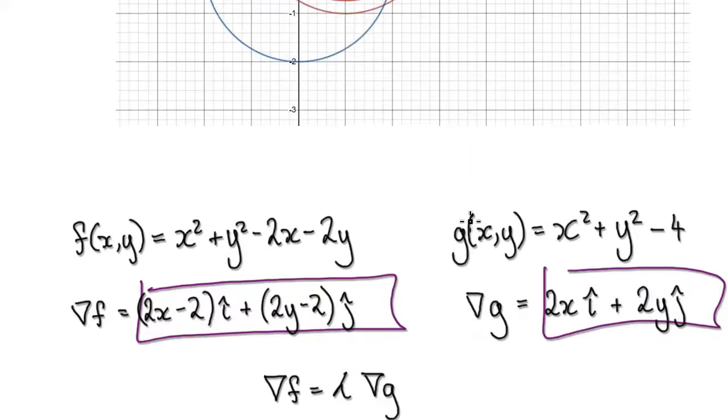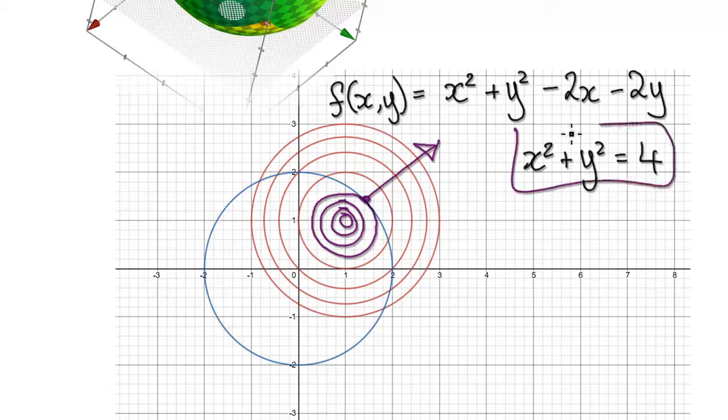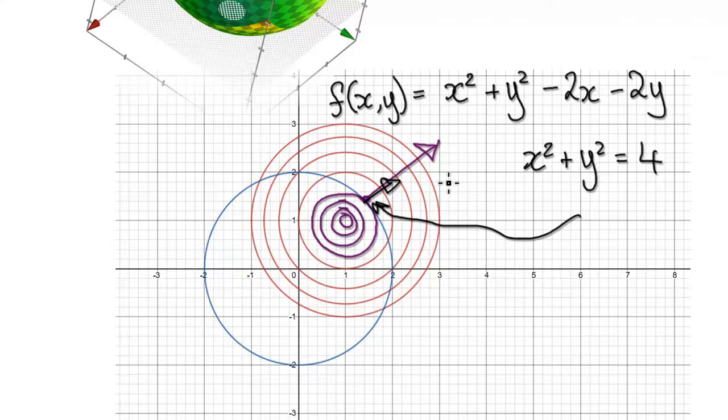So remember, the vertex of our function is at 1, 1. So in between 1 and this level here, we've got millions of circles like this, and we're trying to find a point where there exists a point somewhere. So you've got lots of circles like this. The gradient vector for the red circle for our surface will look something like this, and then the gradient vector for our domain, our constraint, could be pointing this direction or this direction, but we're basically looking for this point here where the two gradient vectors differ by a scalar